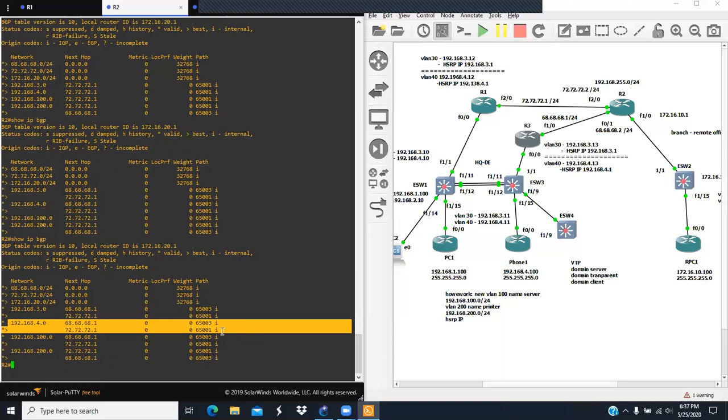So for this network, right now router 2 received it from my neighbor 68 and also from my neighbor 72, right? When you see the AS number on the right hand side here, it's only one hop, right? You see one hop here. In this case, this router 2,